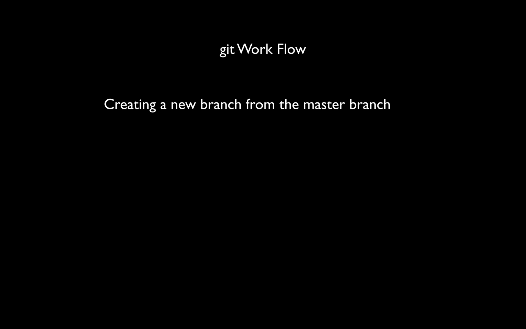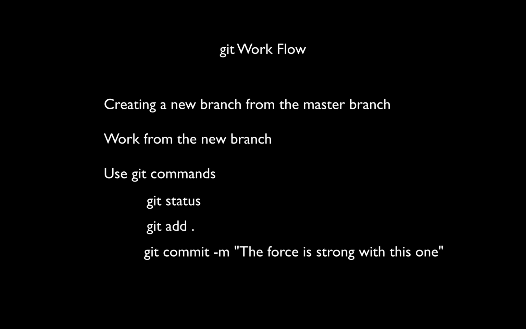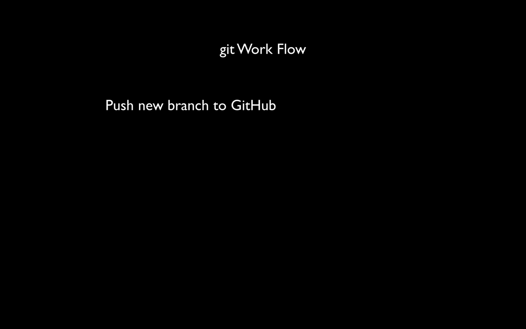In this video, I'm going to be going over a Git workflow where we will be creating branches from our master branch, working on a new feature from our newly created branch, doing our usual Git commands like git status, git add, and git commit. Then once we feel good about our code, it's working, it's been tested, and we want others to review it, we'll push it to GitHub, create a pull request, and then use GitHub to merge our branch to our master